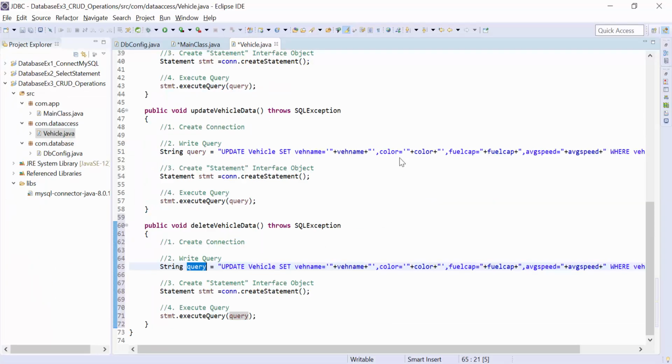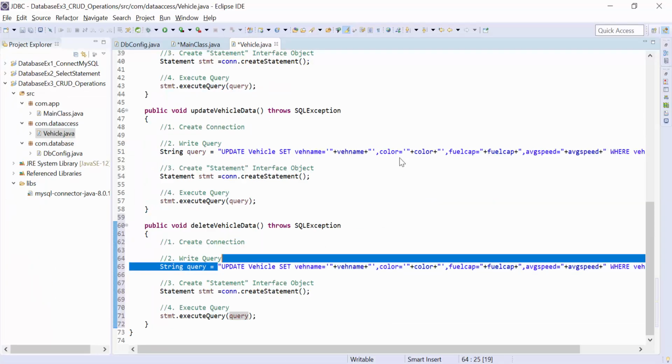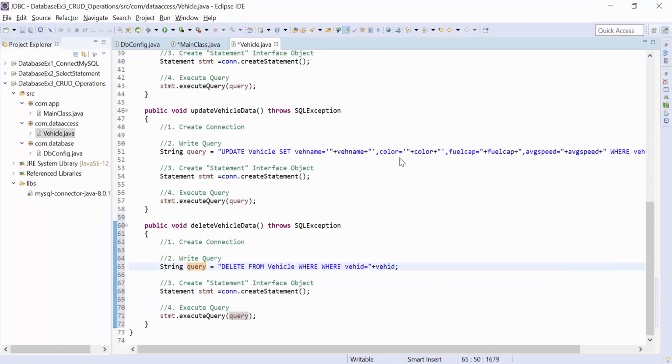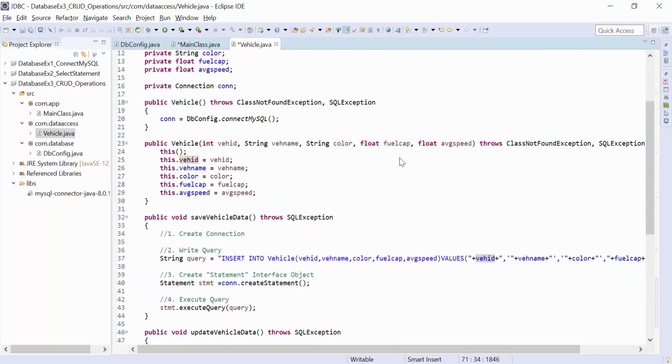So this we write for the delete function like this, delete from vehicle where vehicle ID is equal to vehicle ID. Okay, so where is vehicle ID? We need to call a function and just write vehicle ID. Okay, so execute query again. So the 3 functions are ready.